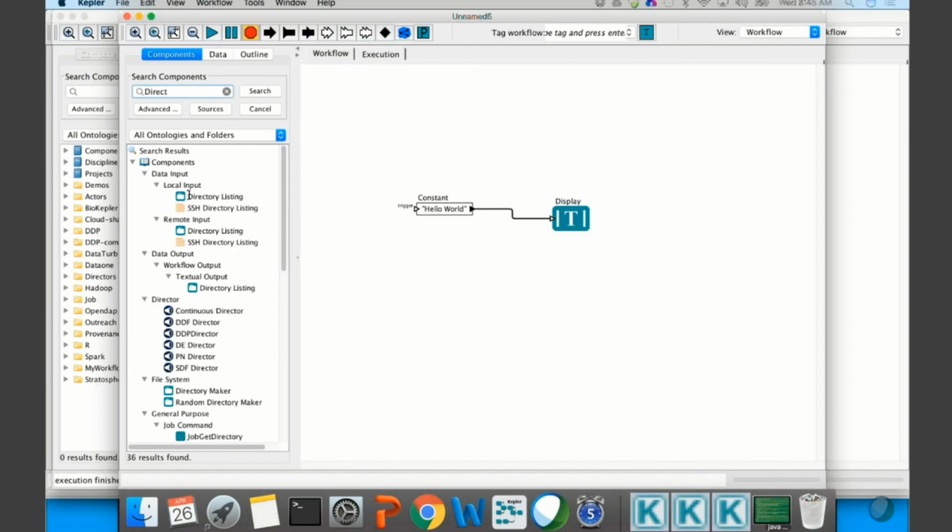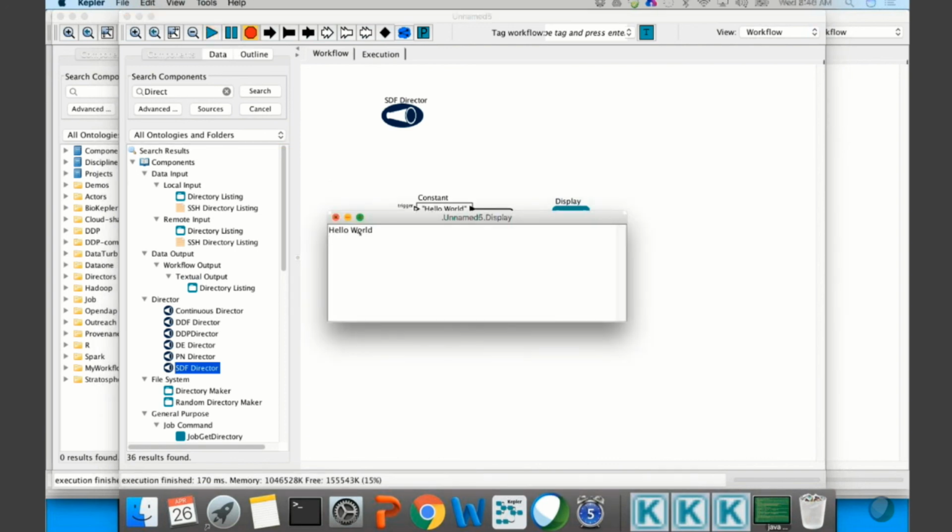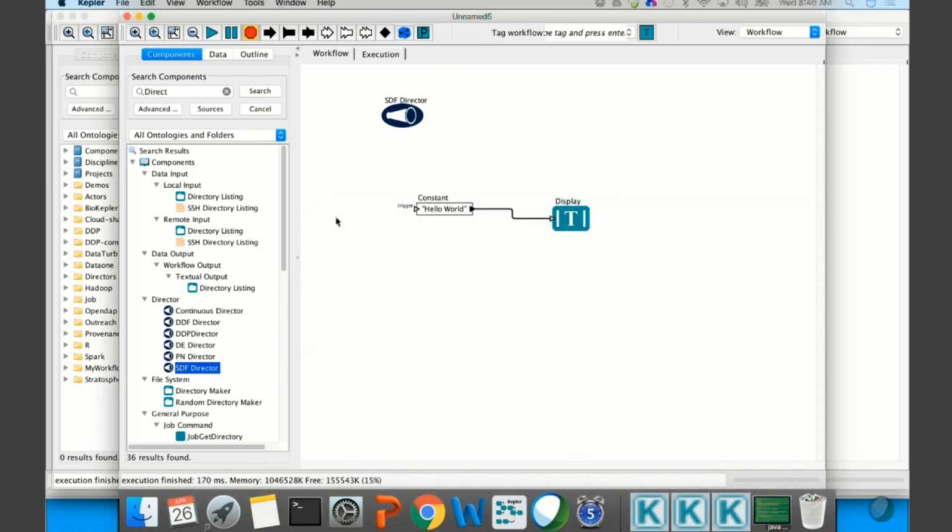Now let's use the director. As this is a simple sequential workflow, we'll use the synchronous data flow director, and to execute the workflow, let's run it. So this is a simple hello world workflow. In a similar way, you can drag and drop various existing Kepler components and create your own workflow and scale it using different actors. Let me quickly demonstrate